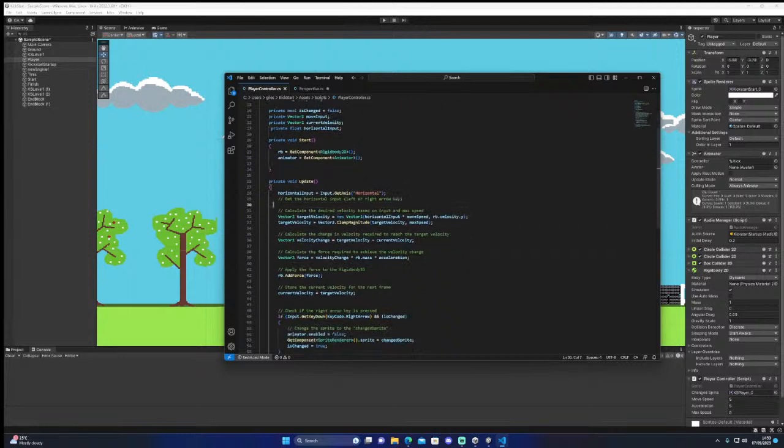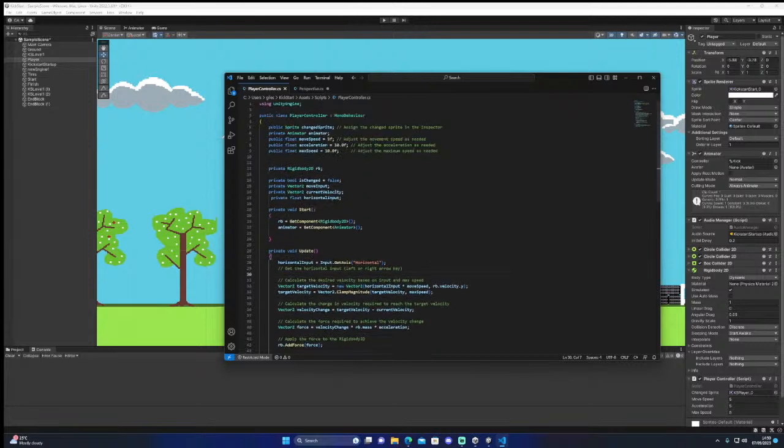I'm just looking for where it's actually adding the force. I can't see it. Rigid body. Maybe it's something built into Unity. I thought about a force to fiddle with.